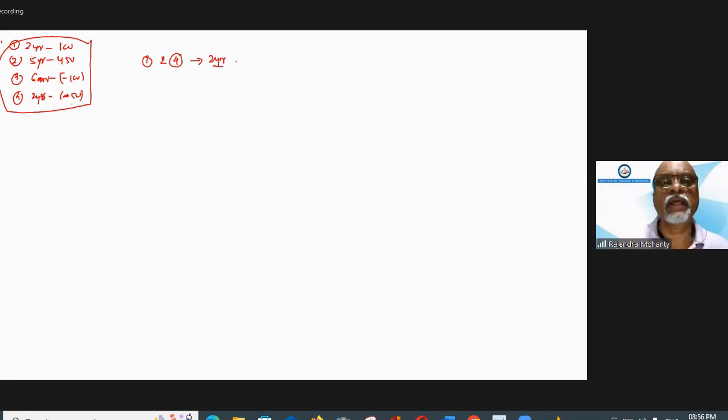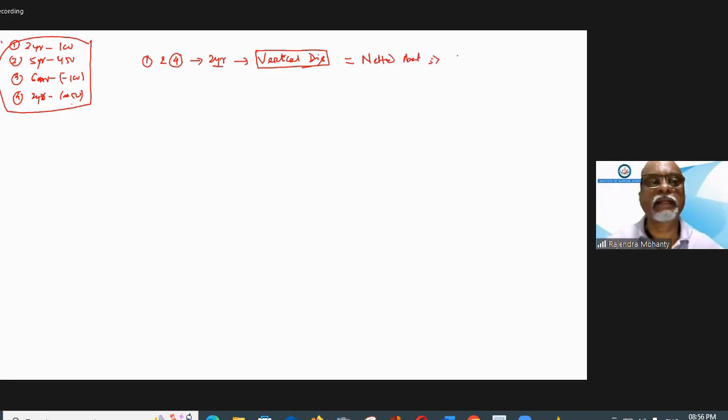So here we have to allow vertical disallowance. Is it clear? Vertical disallowance is for the same time band. Here the same time band 1 and 4 are there, so we have to allow this vertical disallowance. So what is the netted amount then? We have to find the netted amount. What is the netted amount? Netted amount of capital is